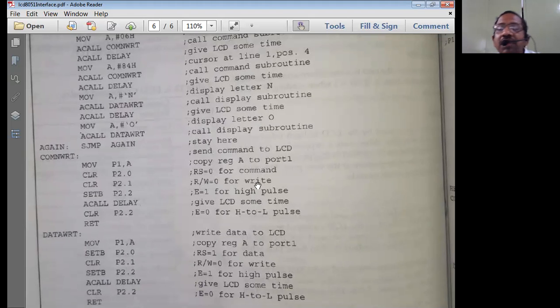Remember, whenever you are going to do only write operations, this R/W pin can be connected to ground continuously. If it is connected to ground continuously, then I need not use this particular pin P2.1. I can use that pin for some other interfacing application, for some other activities in my design.